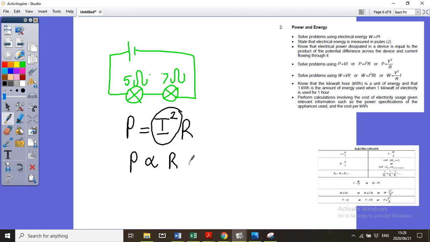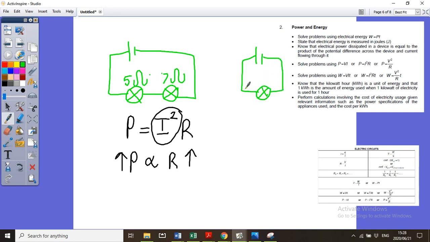And now I've proven what I said before, because if the resistance is higher, the power will be higher, and therefore the light bulb will be brighter. But if I take those same two light bulbs and I now connect them in parallel,